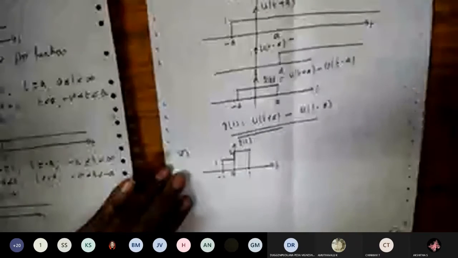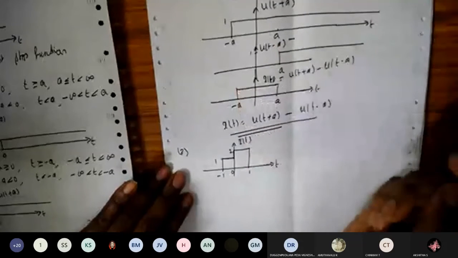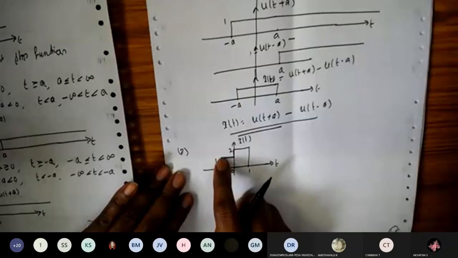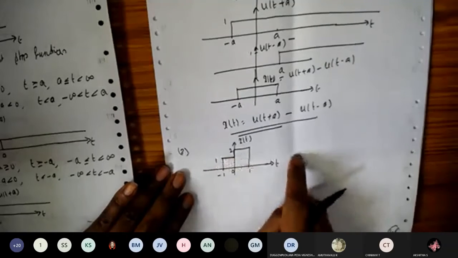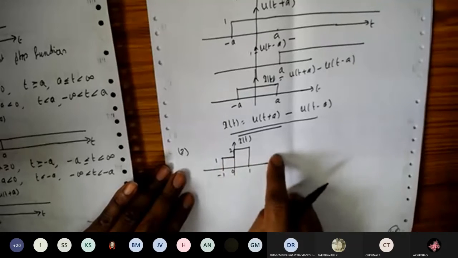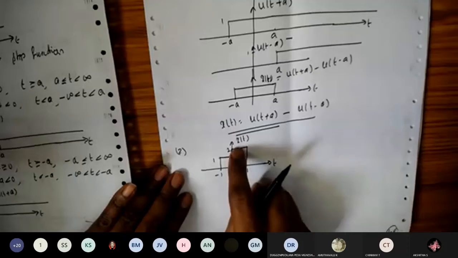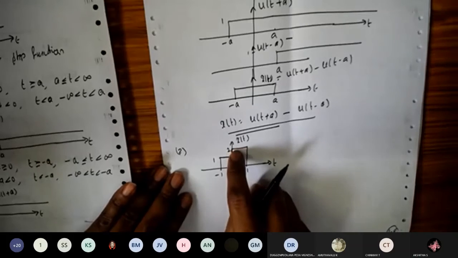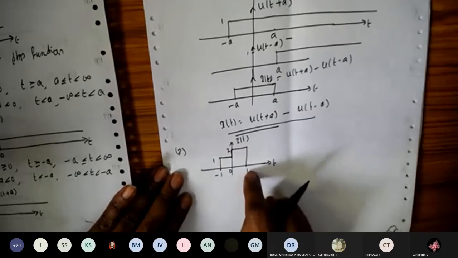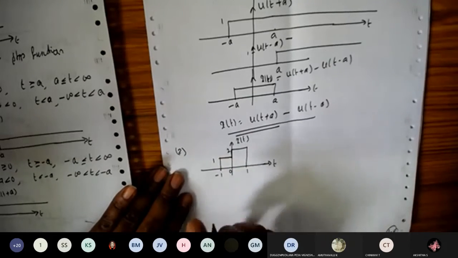Okay, so let us analyze the waveform here. We have the unit step function with amplitude 1, which is going to start from here, meaning it will have the value 1 till infinity, correct? And again at 0, one more waveform, the pulse has to increase its amplitude by 1 so that it reaches 2. So from 0 to 1 it should have the amplitude 2. From 1 onwards, both the waveforms should cancel each other here.